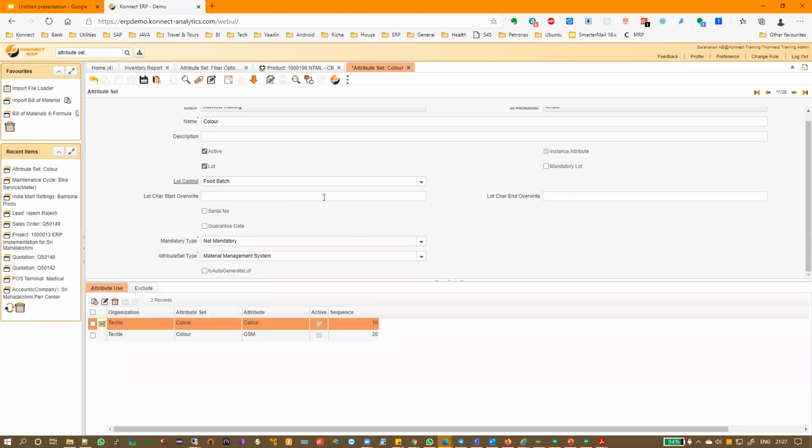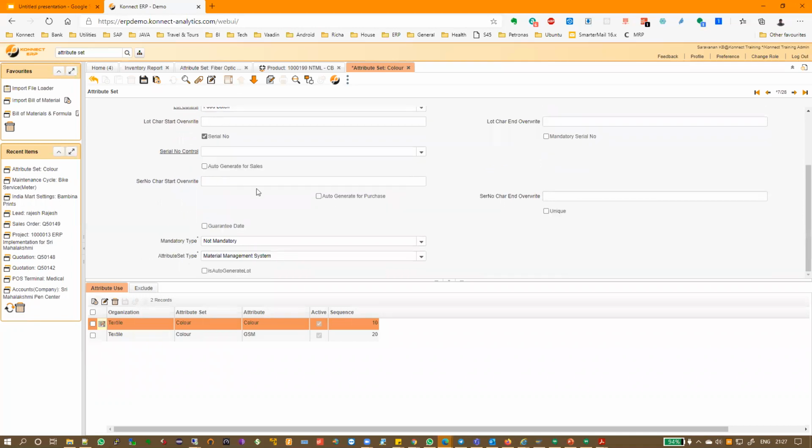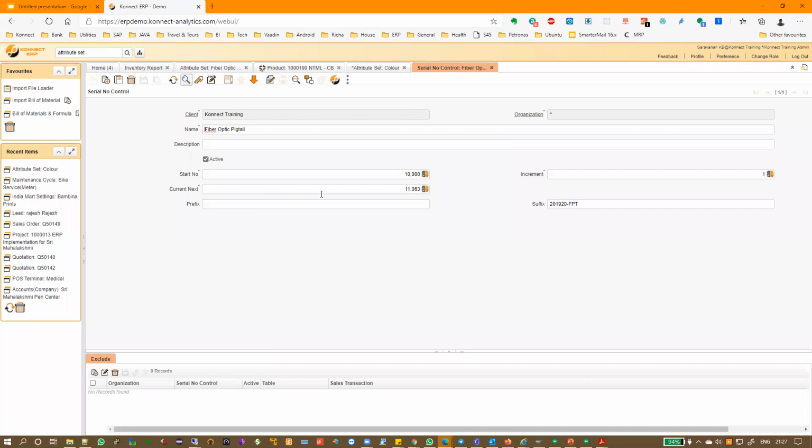Then the second one is serial number. Serial number is also the same. You have serial number control, which is again nothing but a serial numbering system. You can have a start number, an increment number. It's very flexible.